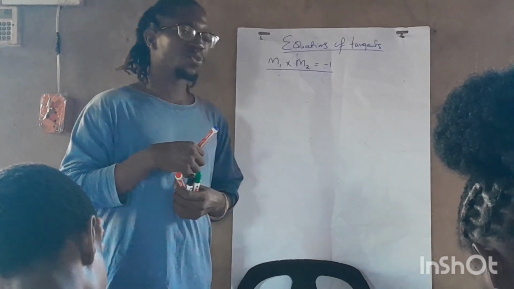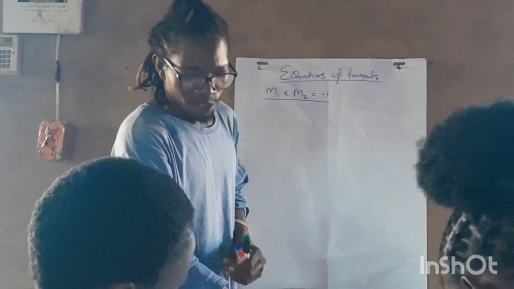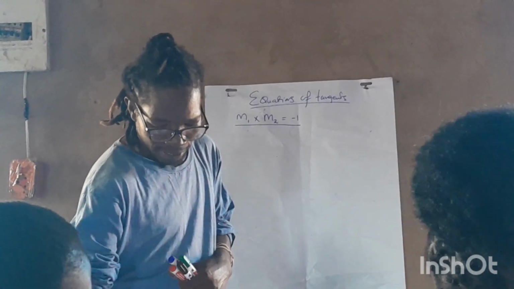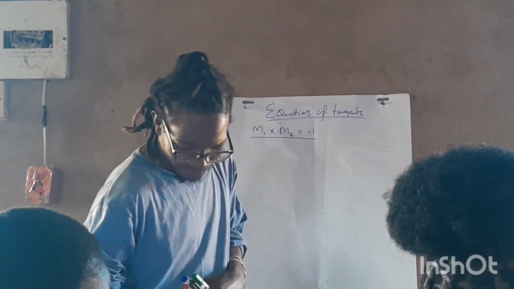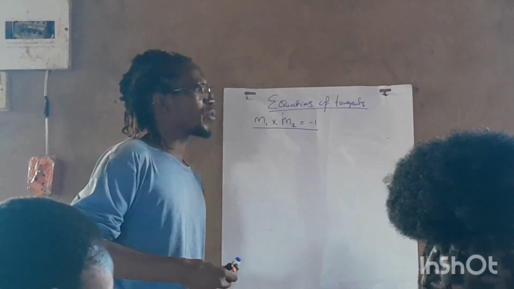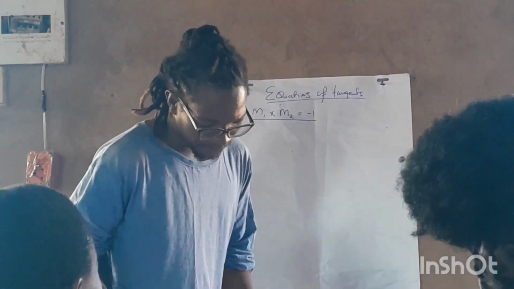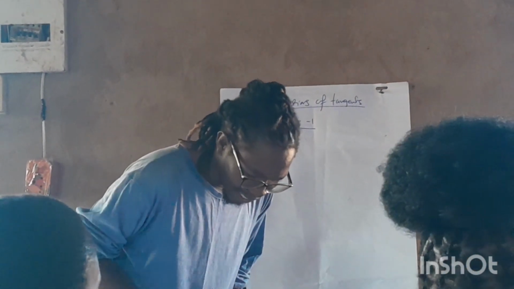So now we are dealing with second analytical geometry, right? So we are trying to find the equation of tangents to the circle. So let's take it to having